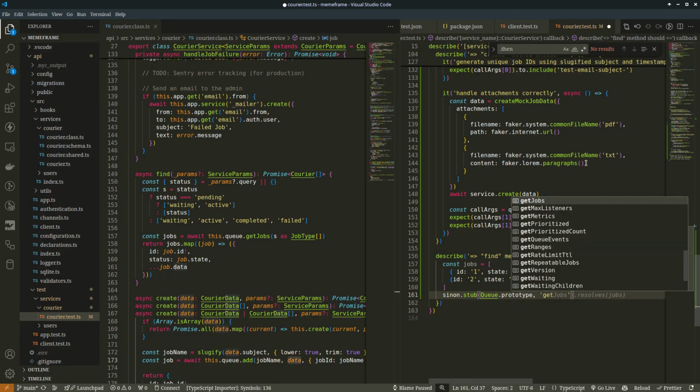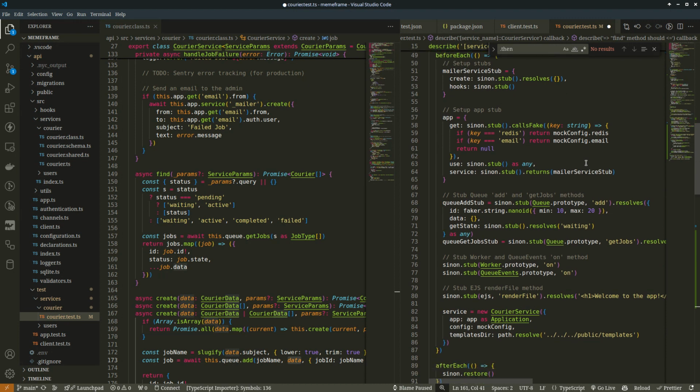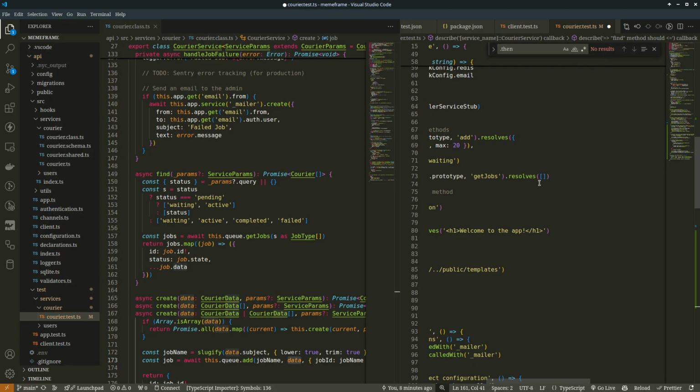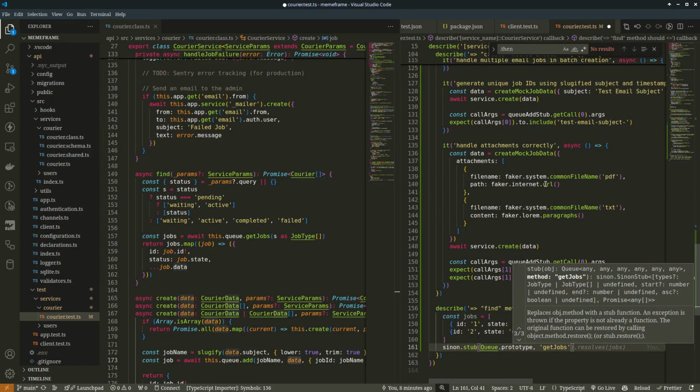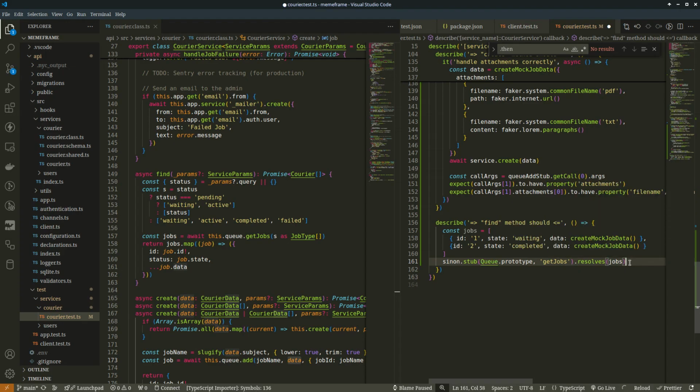But then you might be like, wait a minute, but I thought you stopped it outside at some point, right? So I have this stop here and it's returning an empty array. But in this case, I don't want it to return an empty array. It was returning an empty array then, but now I want it to return these jobs for me, right? And so I can then move on to